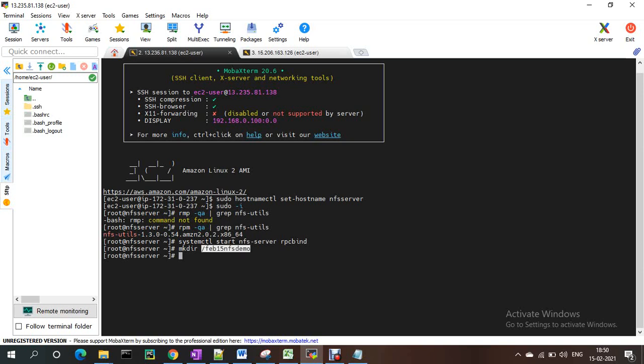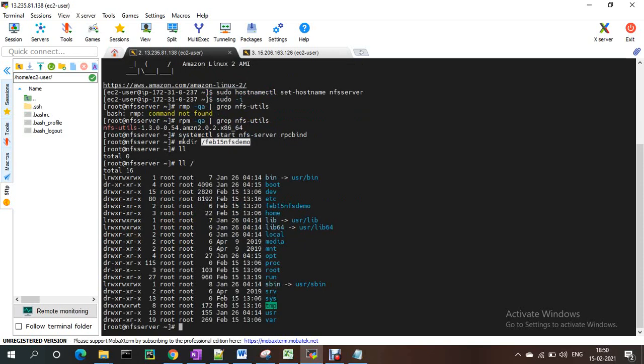This is the directory I created to share files. If you do ll it will not show here, but if you do ll /root it will show this directory.